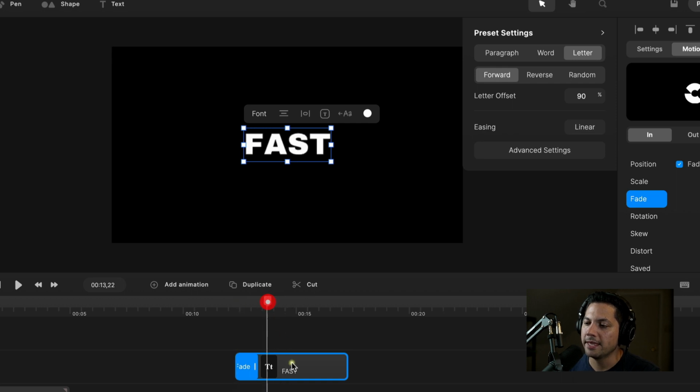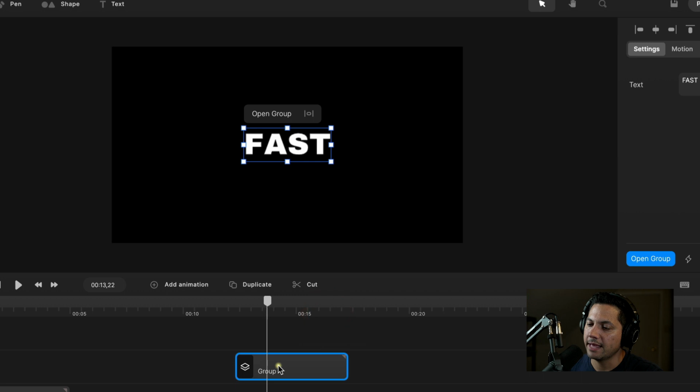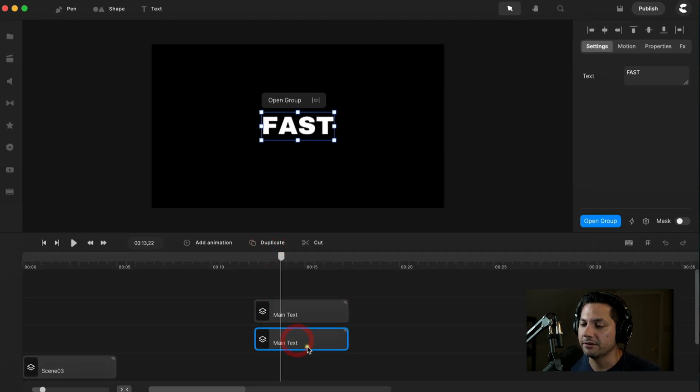That's what we want. Now I'm going to right click on this text that we just created and group it. Let's rename it, call it main text. And now we need to recreate the top portion of the text that comes up above fast. So let's start working our way up, and then we'll work our way down. I'm just going to duplicate this and then tweak it as we go. So duplicate the main text. It goes right under it. Let's rename it off the bat. Let's call it upper